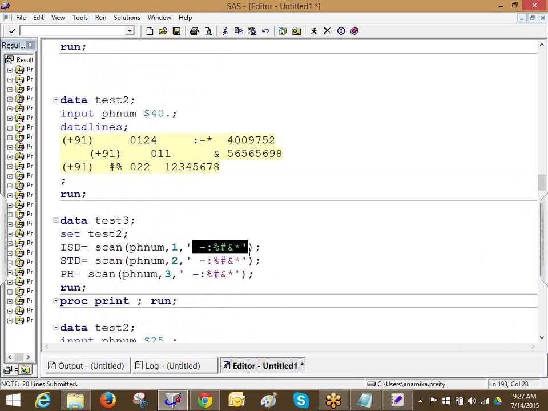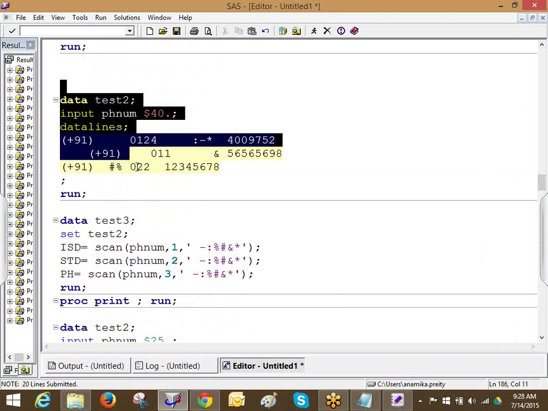Even if we don't specify, it's okay, right? But if I don't want to treat these two characters as delimiters, then I have to specify. Otherwise, those would also be taken as delimiters. I can specify multiple and I'll get